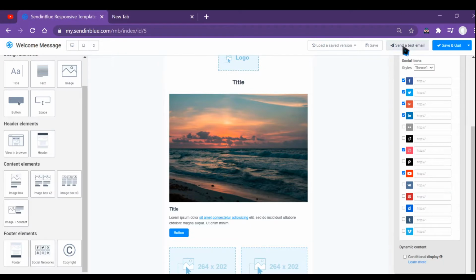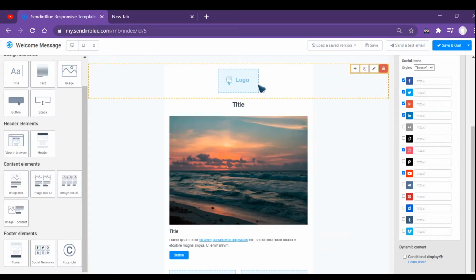And here is a button to send a test email, so you can send a test email before sending to the actual customer. You can check the spam score and the domain authority of your email address, and how it is looking on different mobile phones.